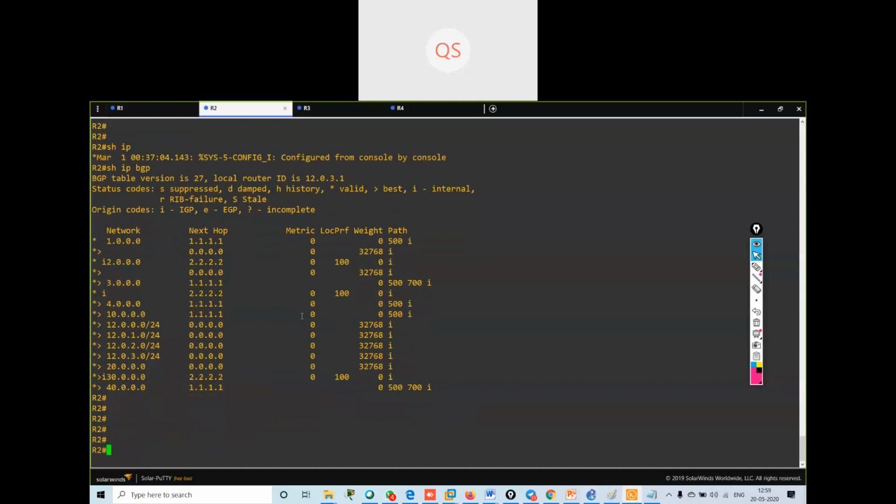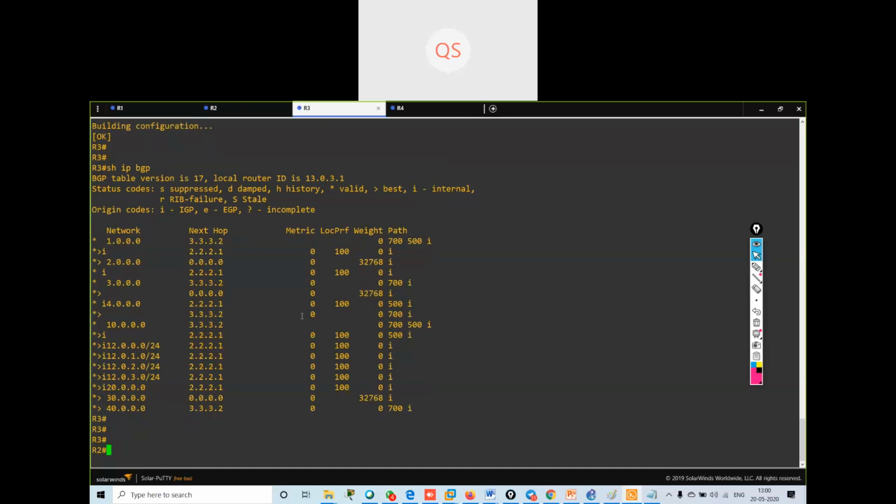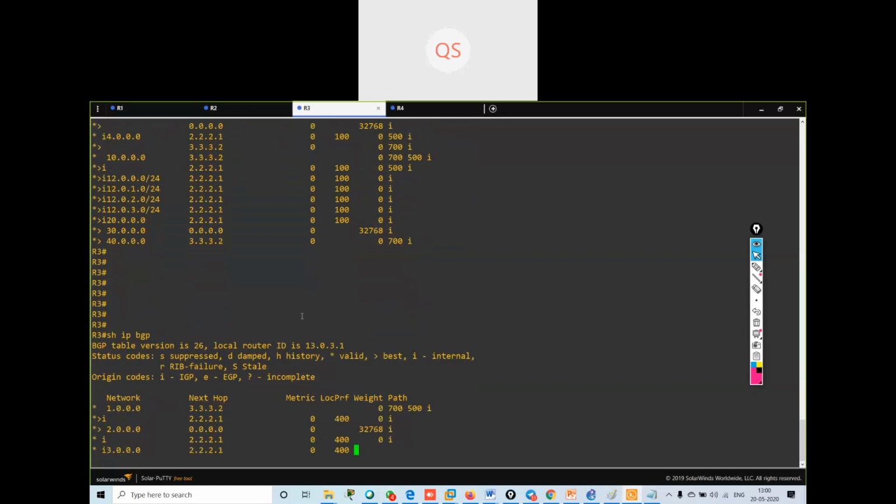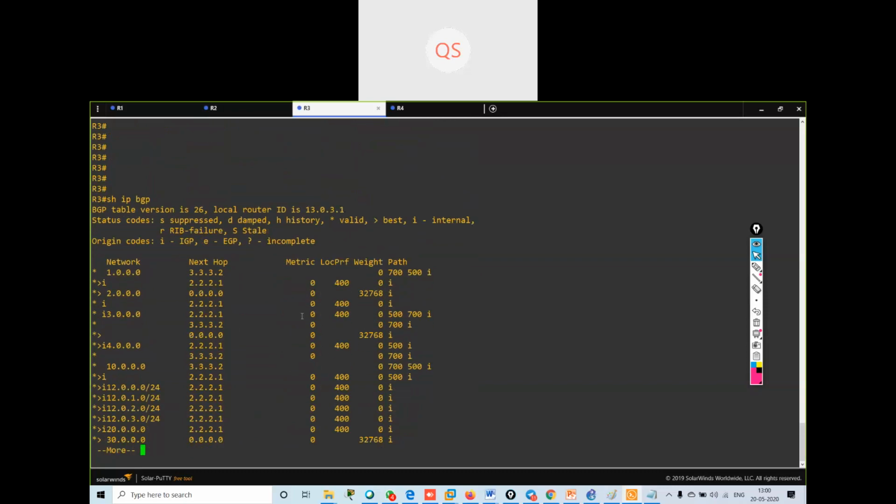Understood? So if I go on R3 also and say show IP BGP, what are my routes over here?